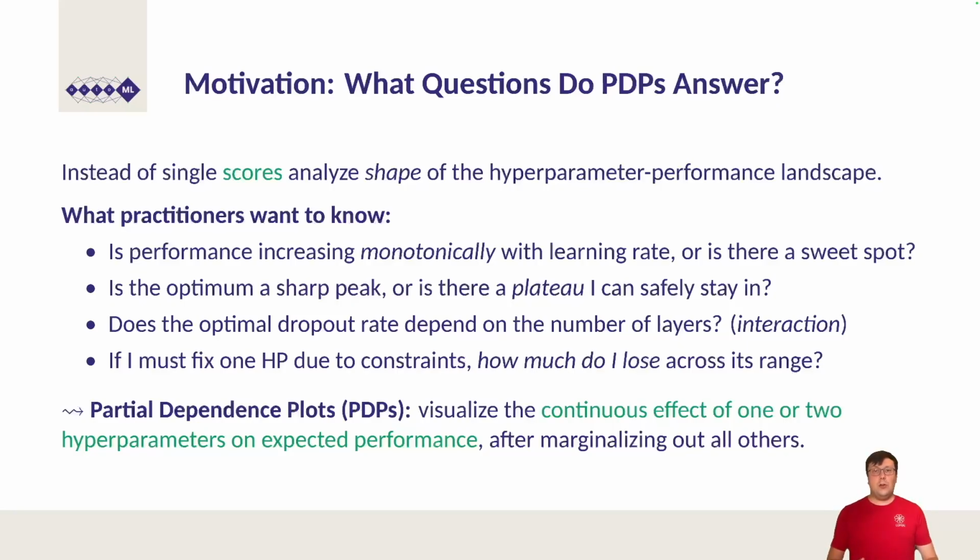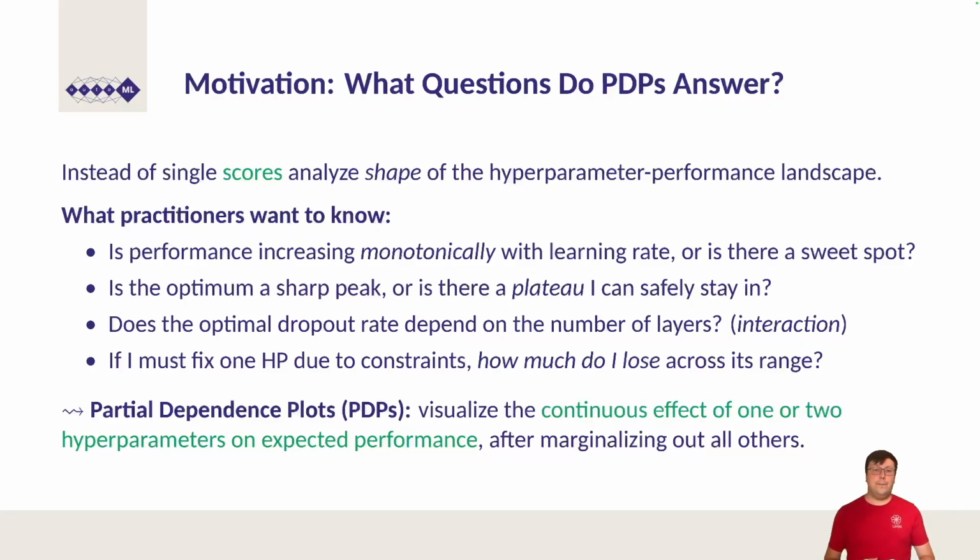Is performance monotone in the learning rate, or is there an interior optimum? Is the optimum a sharp peak or a broad plateau one can safely occupy? Does the optimal value of one hyperparameter depend on another, an interaction for example? If a hyperparameter must be fixed for operational reasons, what is the performance loss across its range? These are questions about the shape of the landscape. The PDP answers them by visualizing the marginal effect of one or two hyperparameters on an expected performance, integrating out